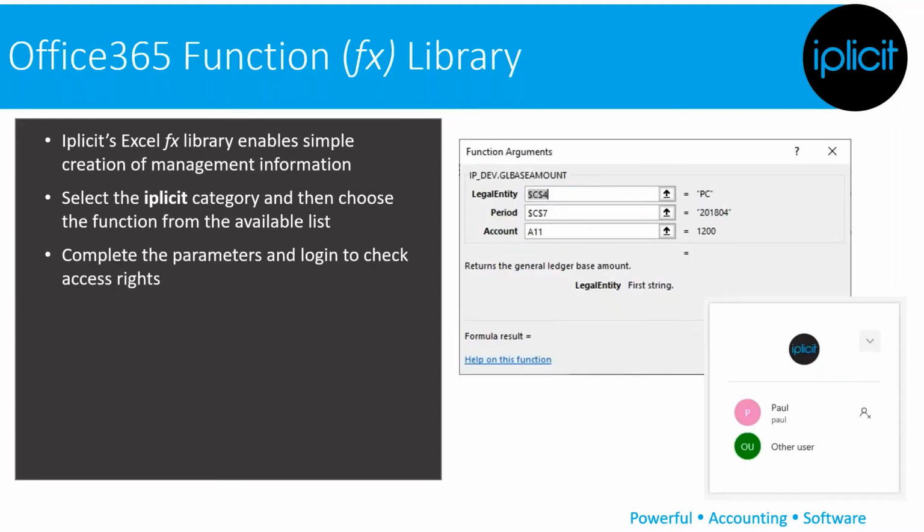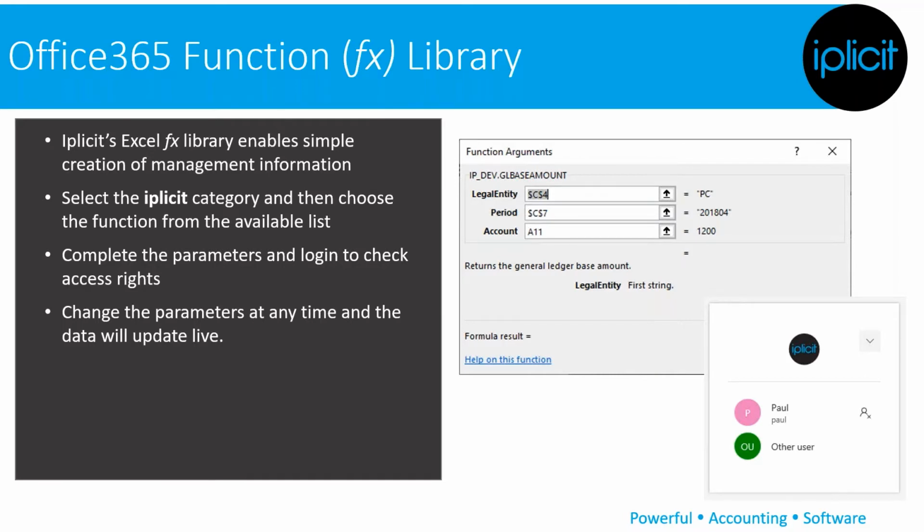So for example, again, on the right hand side, you can see here, it's asking for me the legal entity, which financial period and year is that for, and the GL account. So simply complete those items. You can then at any point choose to change the parameters because you save the Excel workbook, format it as you want, go in, change the period, change the year, and all of that information will simply come through live